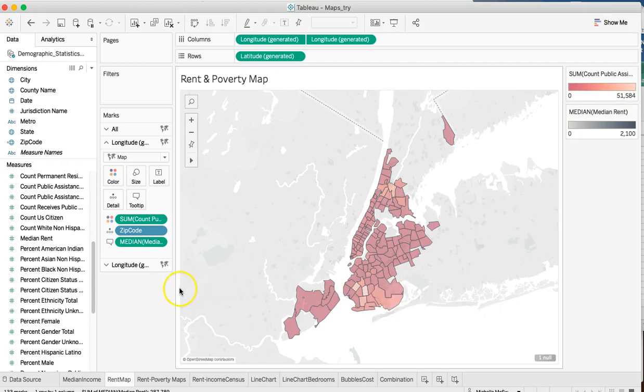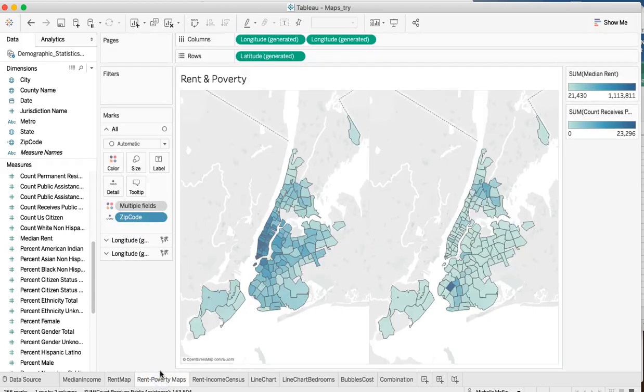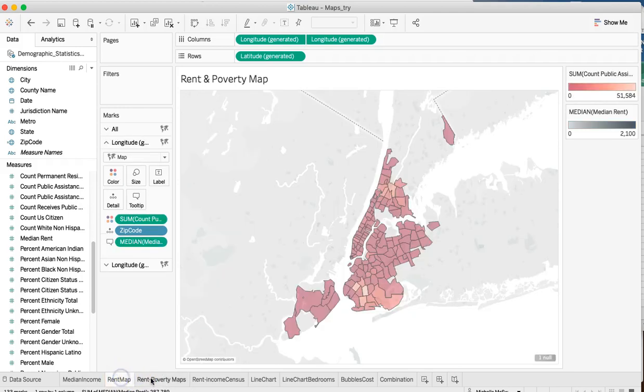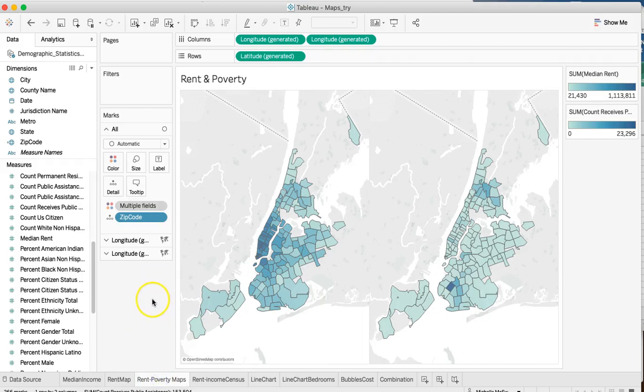Okay, we are going to move on to another map because you might be saying to yourself, well, okay, but really, that's really hard to see. So if you are saying that to yourself, go ahead and either duplicate that map, or if you want to change your color schema, come over and select the longitude and the longitude and copy your longitude, and then you'll get these two maps